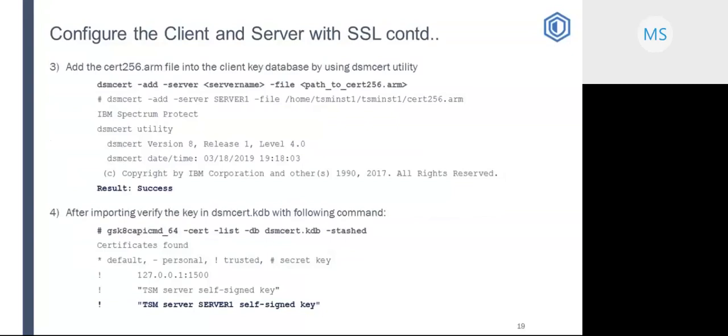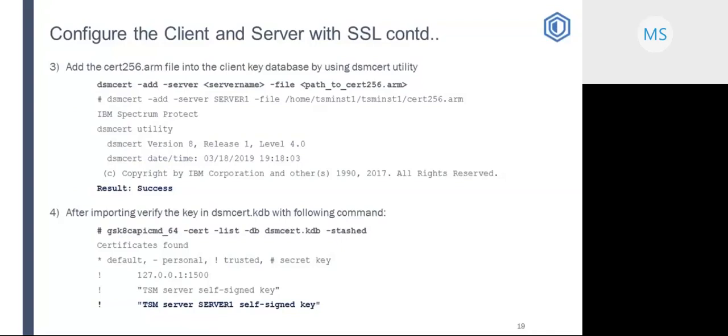After you copy the arm file to the client machine, then add the cert256.arm file into the client key database by using the dsmcert utility. The command is dsmcert -add -server name -file equal to the path of the cert.arm file.